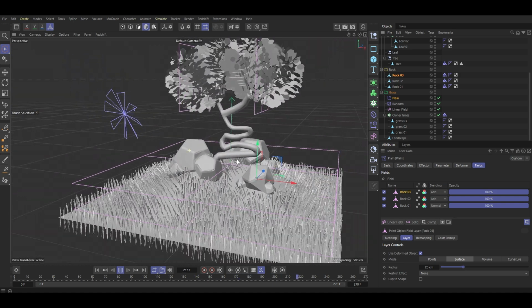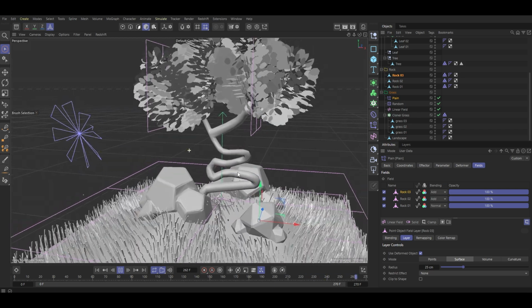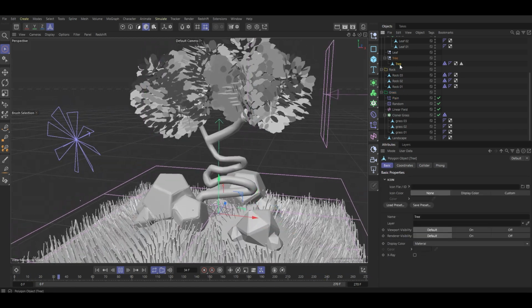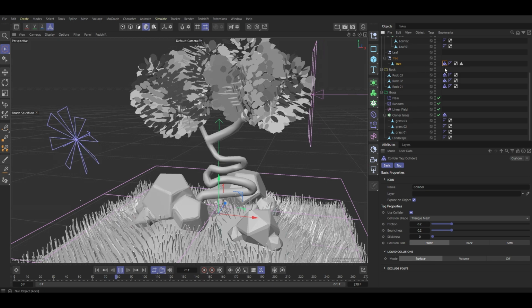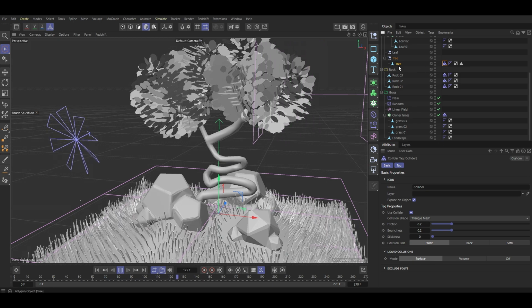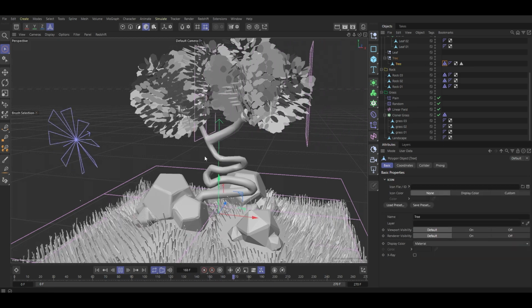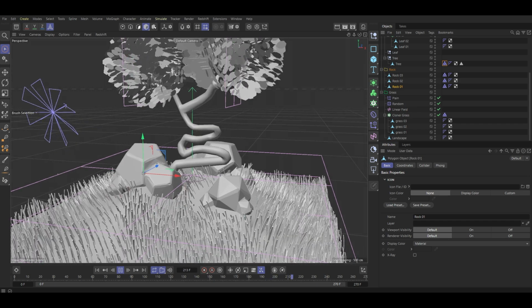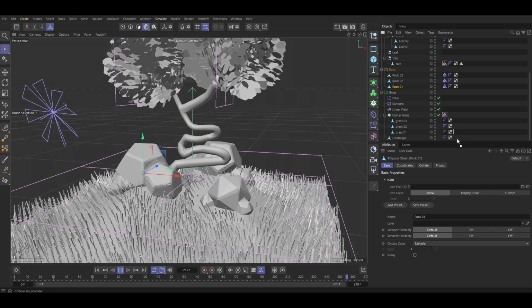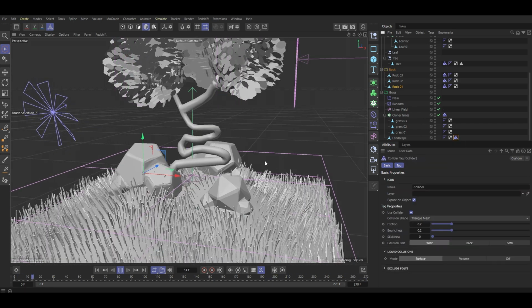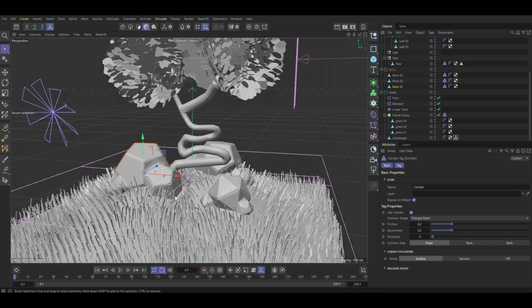Okay, so basically we have this one, and I also add a collider to the tree, to the rocks. For the ground also, we need to add one here,